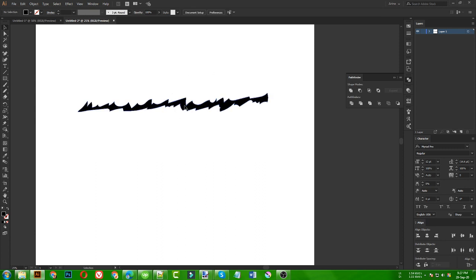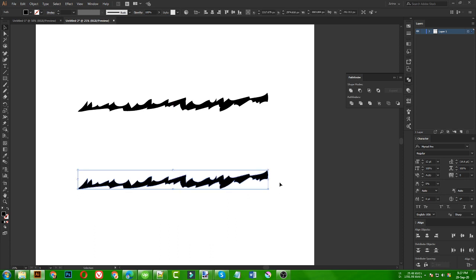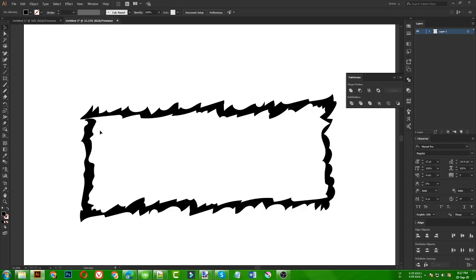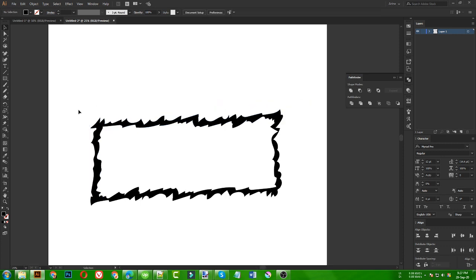Just a rough shape like this, then again a rough shape. That shape I am copying, but I want to rotate it like this, and then again use my pen tool to make this area. So this is just to show you how to generate different unique ideas, new ideas, or how to use already existing vectors in your own different way, how to modify them. If you learn how to modify vectors well, then you can do anything with your pen tool. So this is the rough shape my design is going to be.